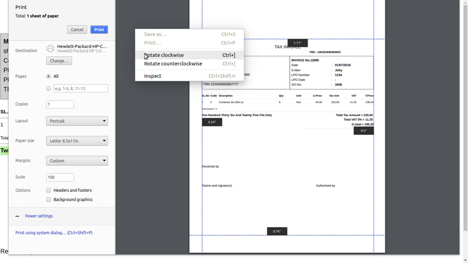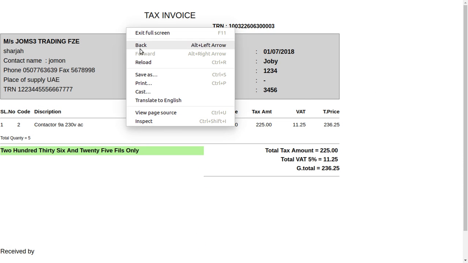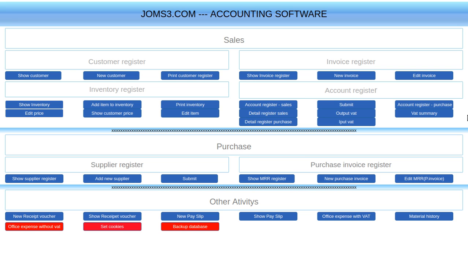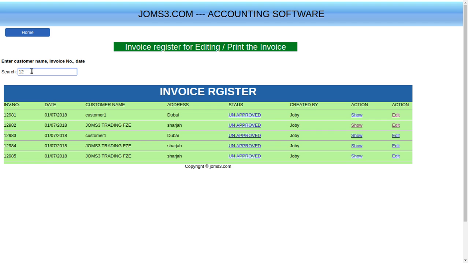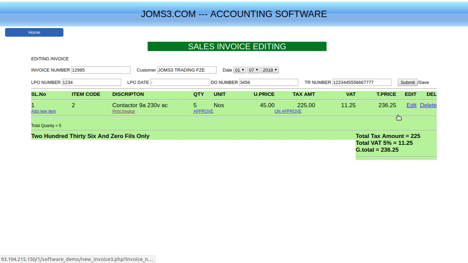That's it. Now we will cancel this one and we will go back. We will come back here. So this will again go home. This way we can make the invoice. Now here show invoice register. If we put the invoice number 12985 in the invoice register, it will show that particular invoice, and we can anytime go and edit all this